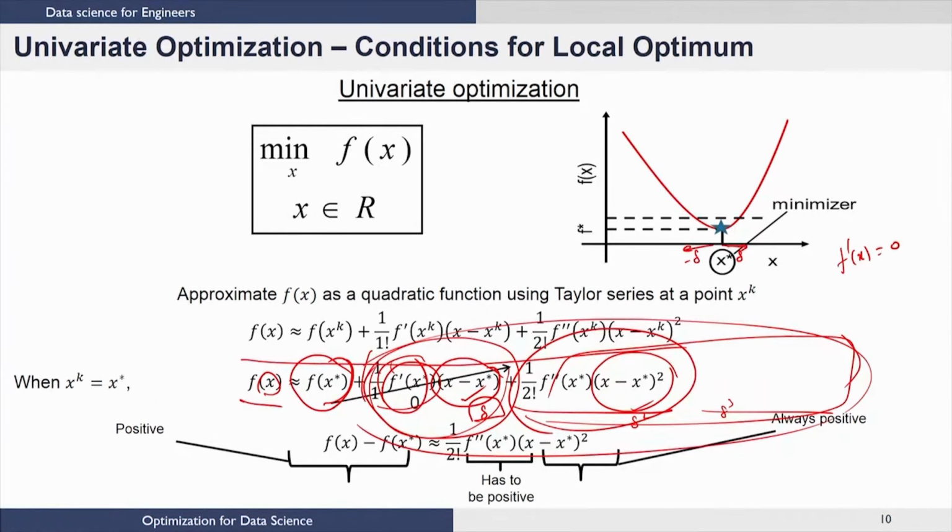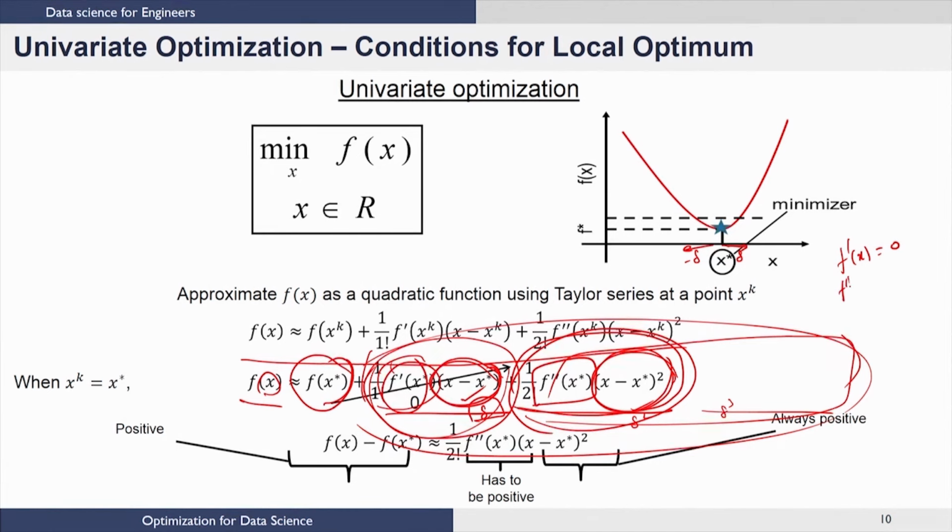However, notice something very interesting and different here. When we looked at this term, this was x minus x star. When we look at this term now, it is x minus x star whole square. Now, the sign of this term is dictated only by this quantity here, because this is a square and it will always be positive. So, if this f of x has to be minimized at x star, then basically this number